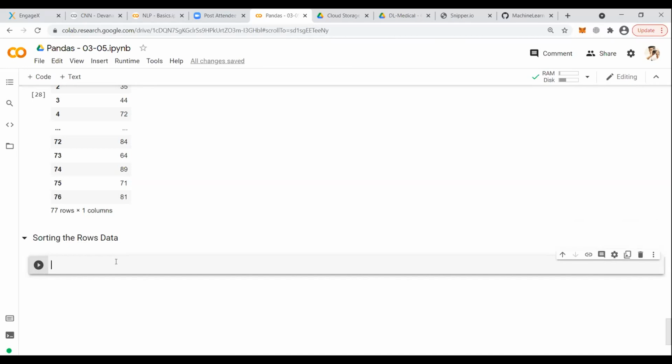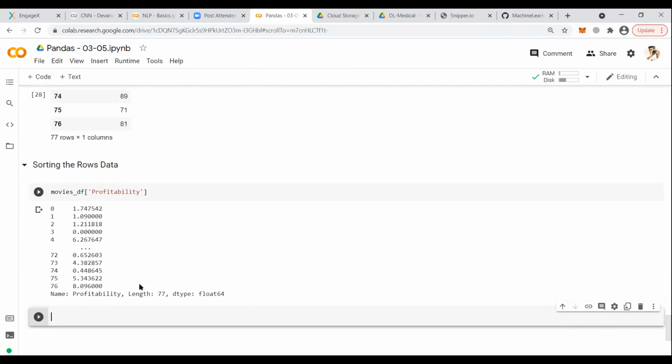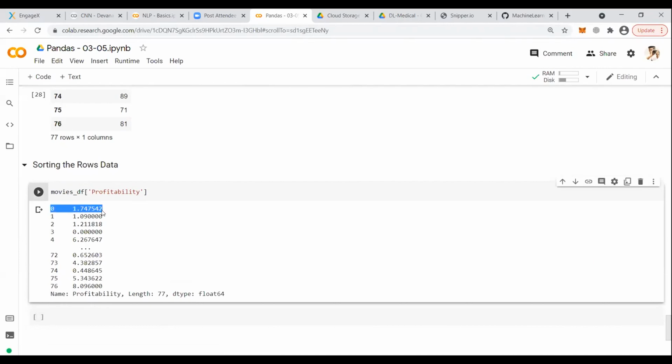Sorting means arranging the data in ascending or descending order. Profitability, as you can see, we have the values. These are your rows. All these values which are available here are selected.